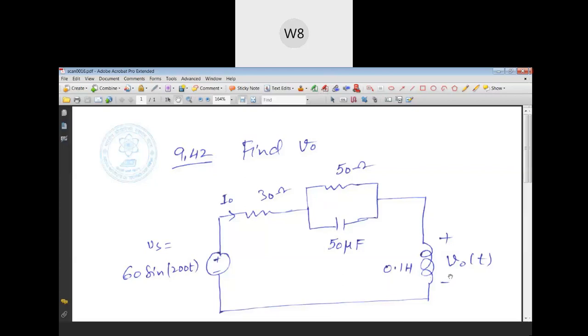So this is the circuit, and we have to find out the time varying voltage across the inductor. So if we had all the components as resistors in this circuit, even in place of capacitor and inductor, we would have simply found out the net resistance across this source and divided the source voltage by the net resistance to find out the net current. Once we know the net current, the same current flows through this component also. So the voltage would have been the net current flowing multiplied by this resistance, if it were a resistance.